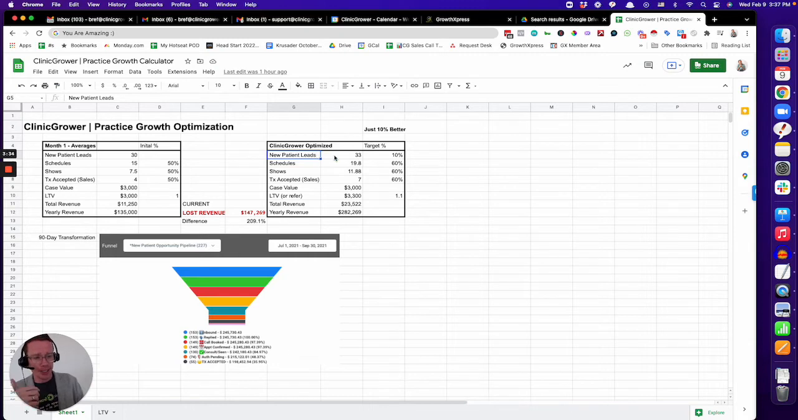New patient leads coming in is going to go from 30 to 33, okay? Now, from a schedule standpoint, if we're just getting 10% better, if we're just going from 50 to 60%, then we're going to be boosting this up to closer to 20 new patients that are scheduling. If we only get 10% better at the patients that are showing up, if we're just following the scripts and